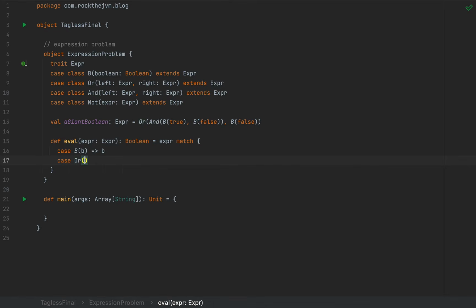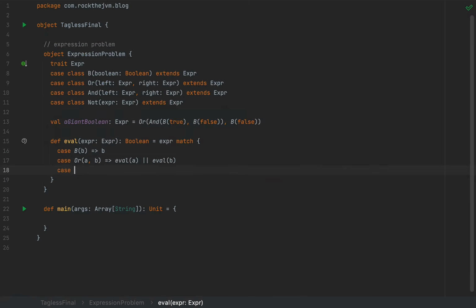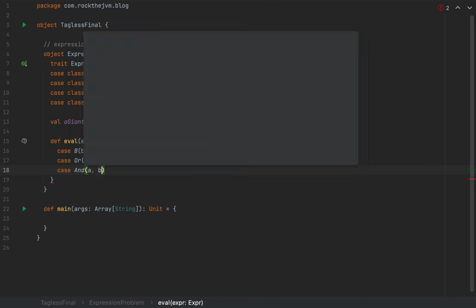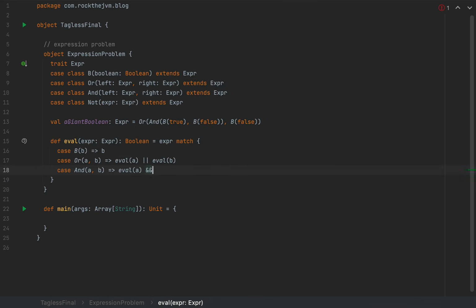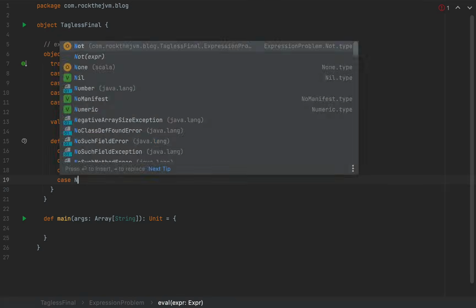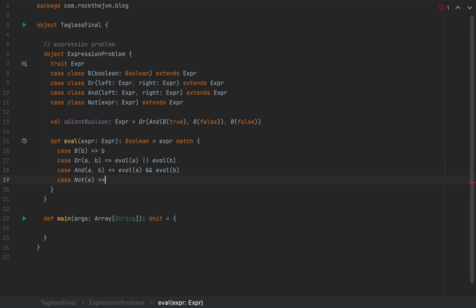In case I have an OR with, let's say, two expressions A and B, I'm going to have eval for A or eval for B. So recursively, and similarly for the other stuff, so I'm going to have an AND for A and B, and I'm going to return an eval for A and eval for B, and in case I have a not with an expression, I'm going to return not, so not eval for that particular expression. So notice that I'm recursively evaluating the nested expressions inside, but finally, at the very end, I'm always going to